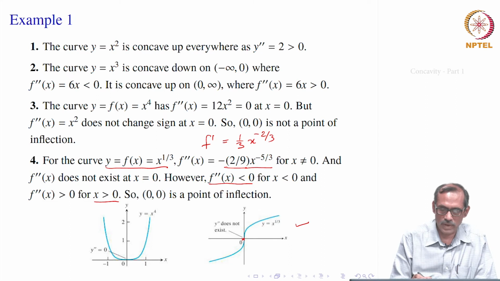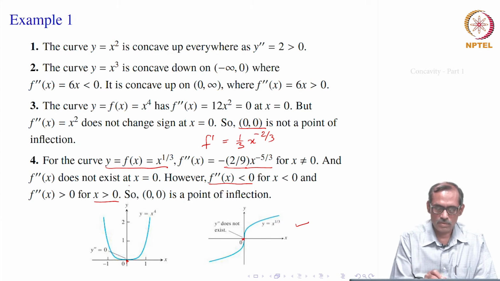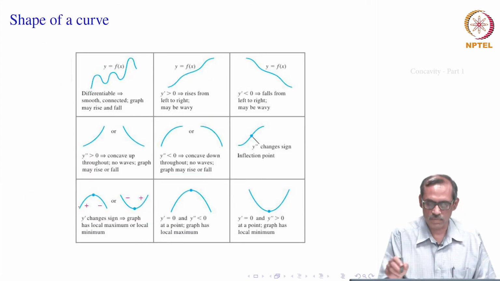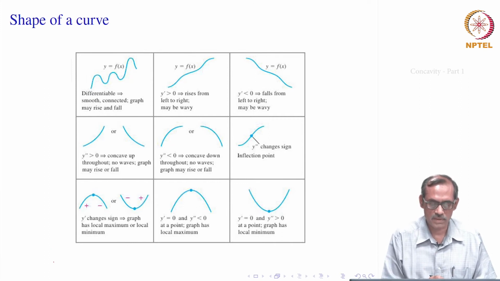It is y equal to x fourth, as we have seen there, 0 0 is not a point of inflection, there is no change in concavity, it is the same. Okay. So, that is how we will be talking about concavity. If you look at all this information, whatever we have got, we have some idea about the shapes of curves.